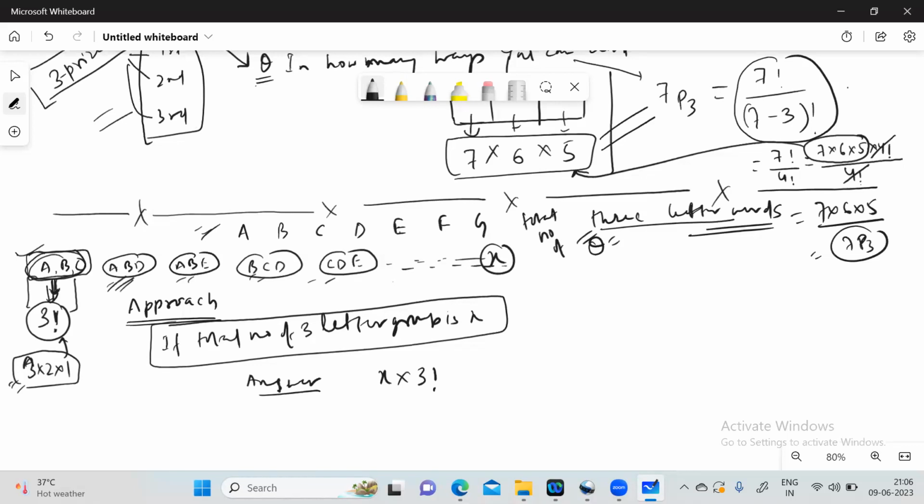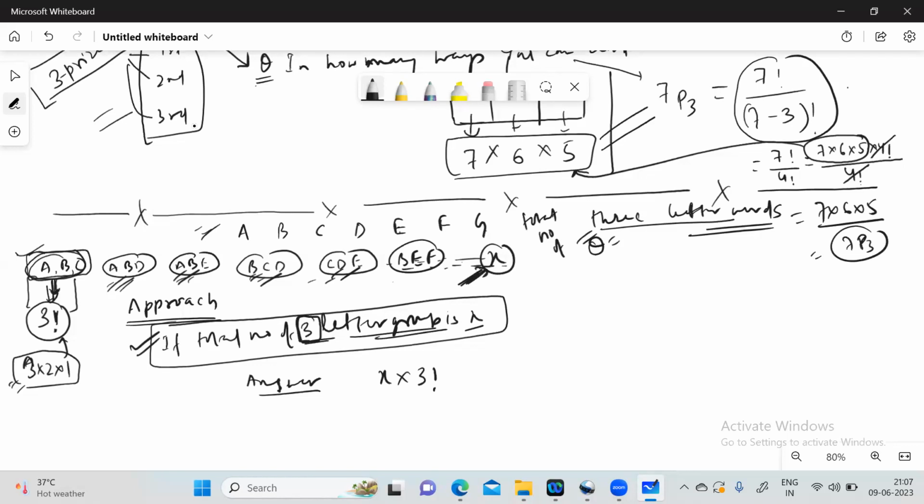This is a different group, this is a different group, and you can have other groups like D, E, F. B, E, F will be a group. E, F, G will be a group. So I don't know how many groups are there. So I'm considering this as X. Let's say, है ना? Let's say that total number of 3-letter groups is X. Is it clear now? यस सर।